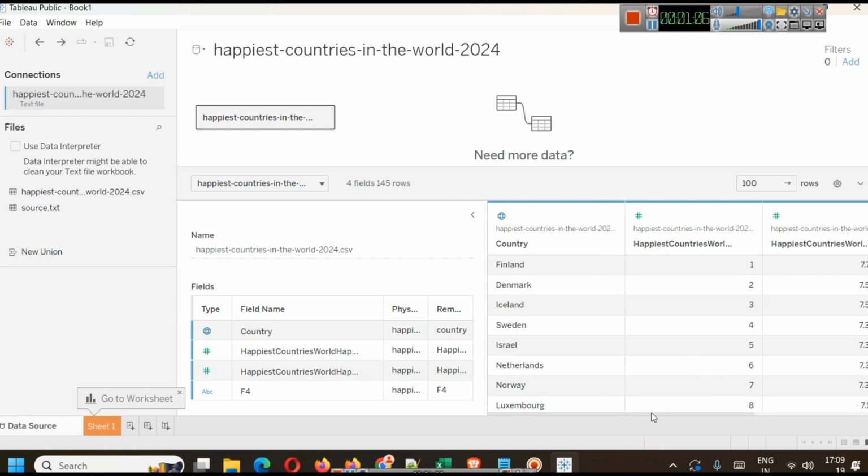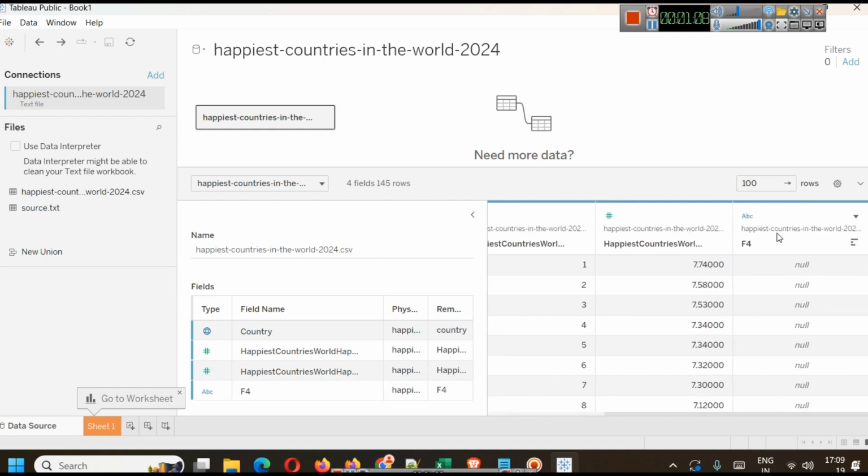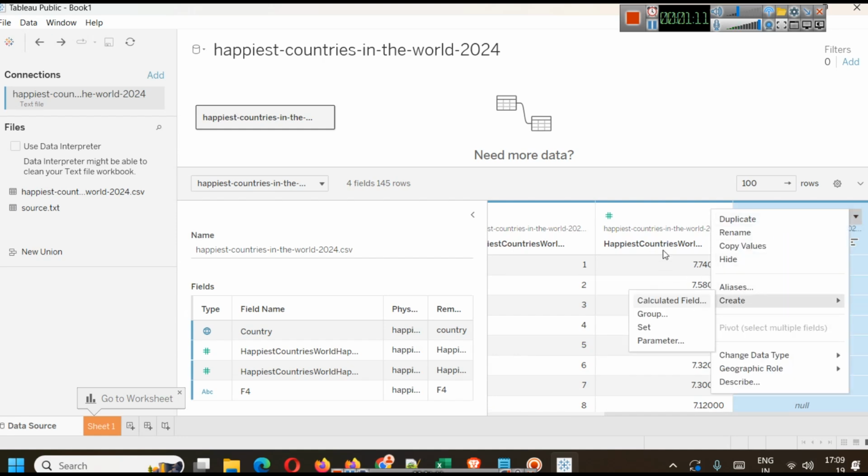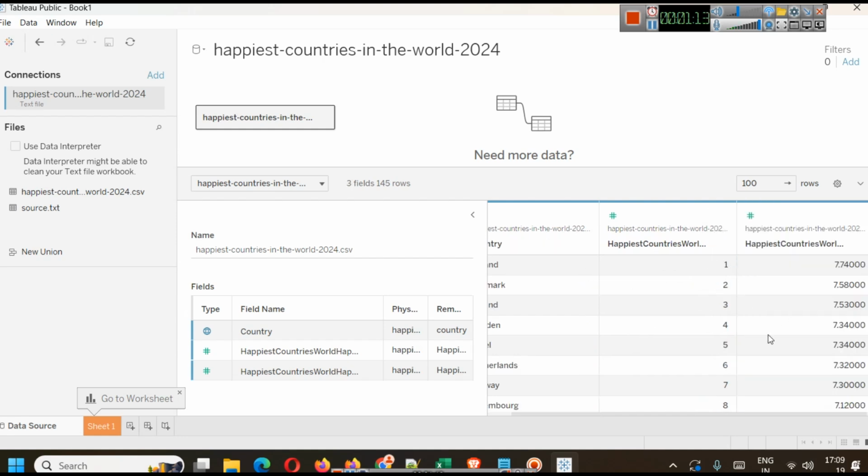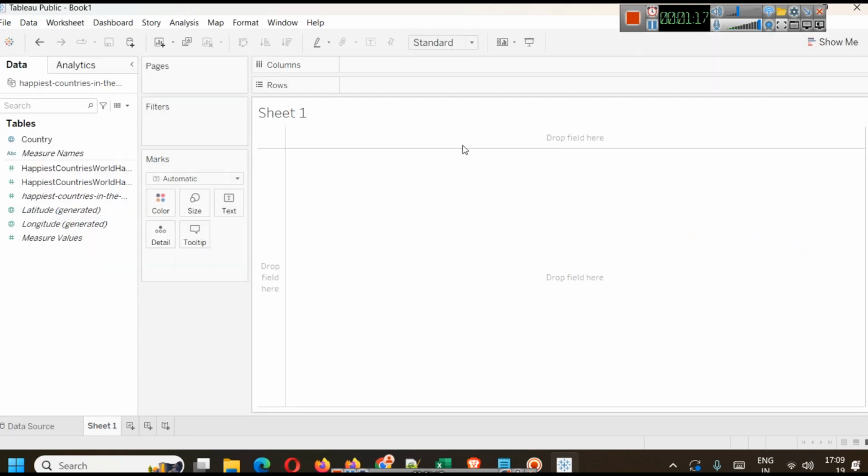So actually by mistake this column was hidden. We have to hide this one. Yeah, now it's okay. And now we'll go to our sheet,